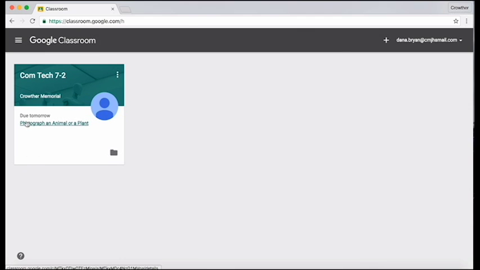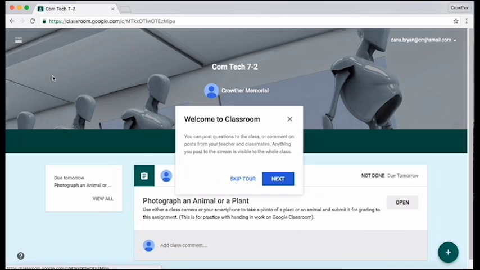All right, so we have showing here, due tomorrow, a photograph of an animal or plant. So she's going to go into the class and we're going to get another little tour here. Now it tells her that she can post questions to the class or comment on posts from the teachers and classmates. This is very important in a distributed learning environment, but it can also cause problems depending on the age